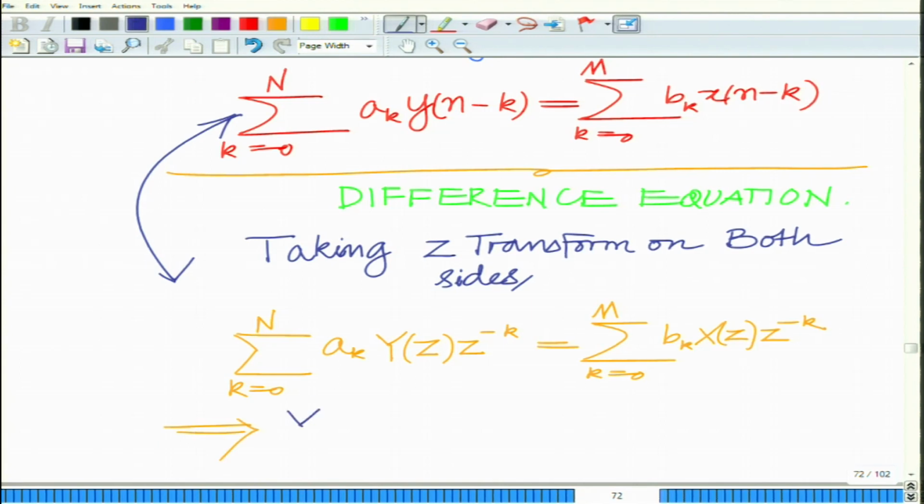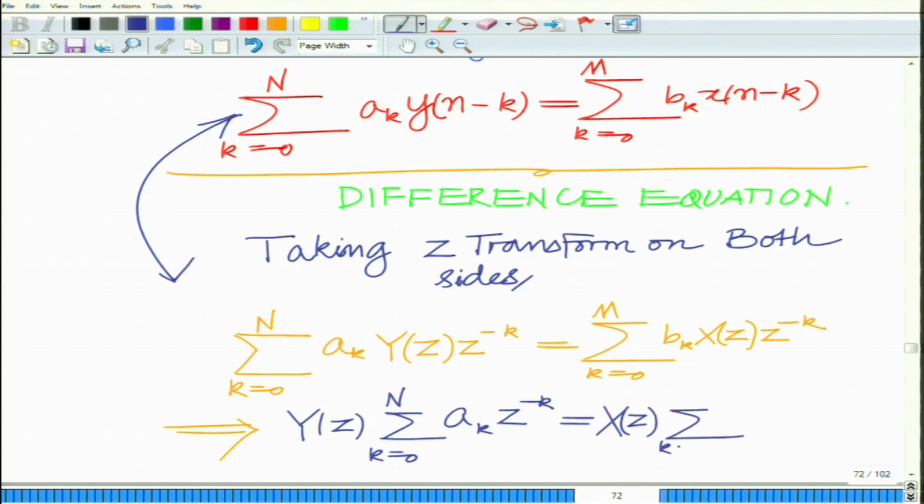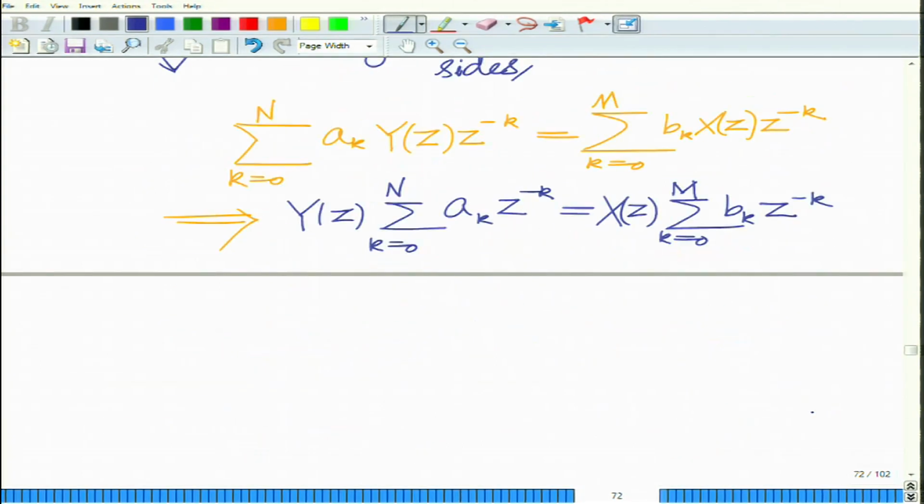Which means if you take Y(z) common on the left, that is the summation over k from 0 to N of a_k z^{-k}, this is equal to, taking X(z) common, X(z) times the summation over k from 0 to M of b_k z^{-k},